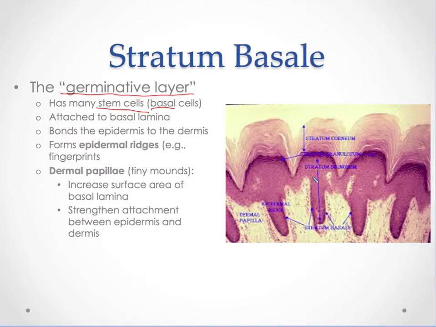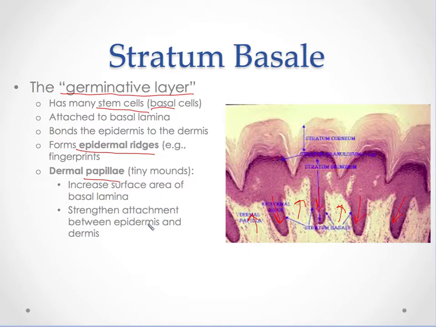We have epidermal ridges going down and dermal papillae coming up, which we'll talk about. So your stratum basale is your epidermal ridges coming down. I talked about spines on the last one. That's actually these guys, which are coming down. So these are your epidermal ridges. And then on the bottom, you have your dermal papillae. Papillae is like bumps. So on the bottom side, the white part here, these are the bumps you have coming up. And this creates kind of an interlocking system that holds your epidermis to your dermis,